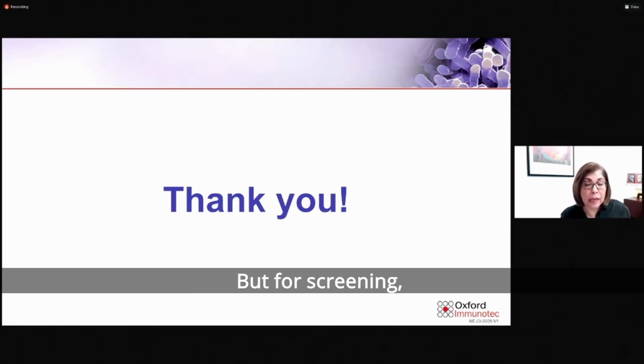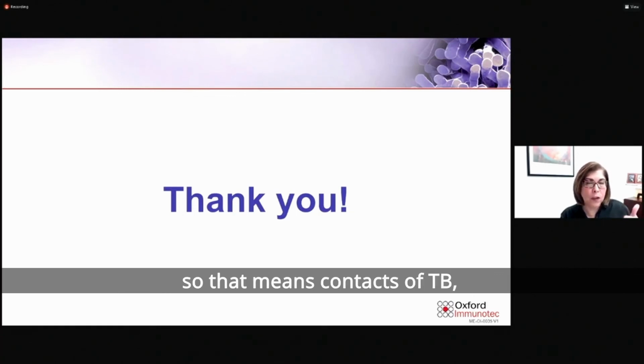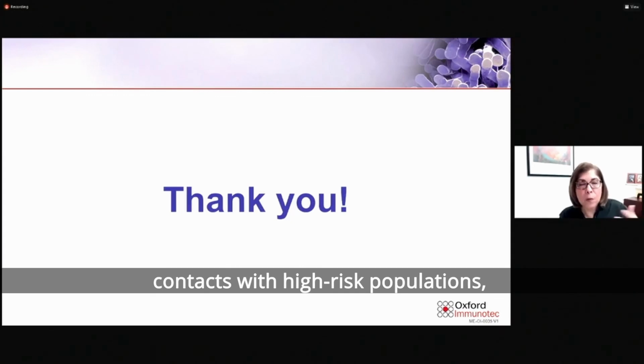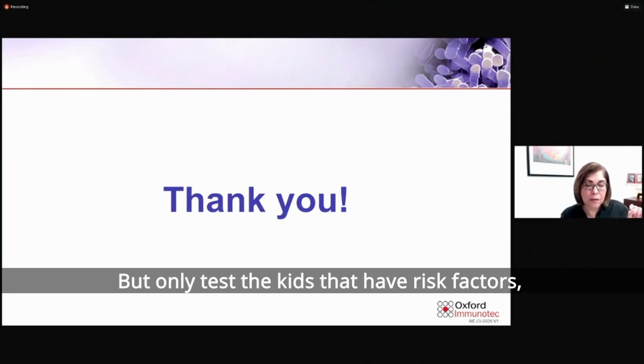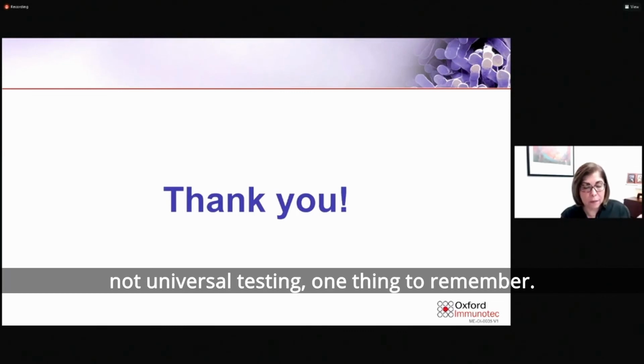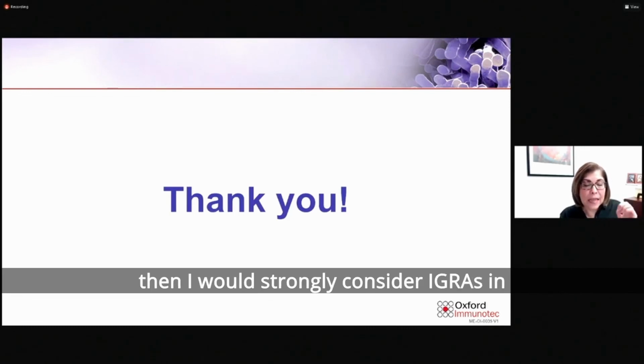But for screening, only do the test on kids that have high risk factors. That means contacts of TB patients, contacts with high-risk populations, traveling or immigrating from countries where TB is endemic. Those are all high-risk factors for which you should be testing kids, but only test kids that have risk factors, not universal testing. That's one thing to remember. And second, if you're going to decide to test, then I would strongly consider IGRAs